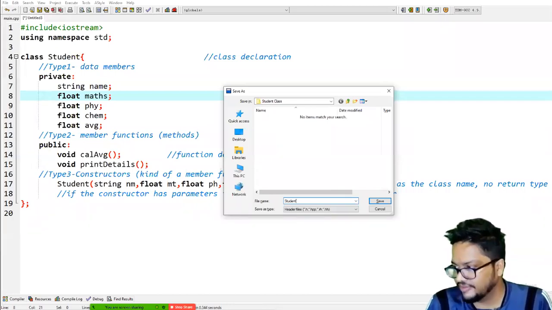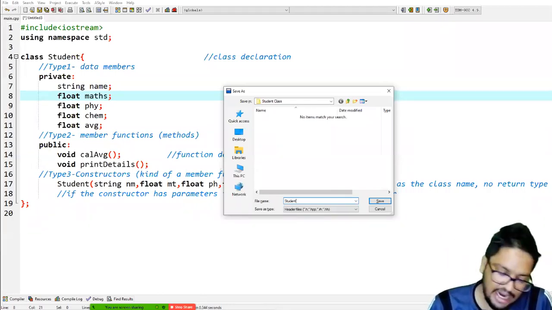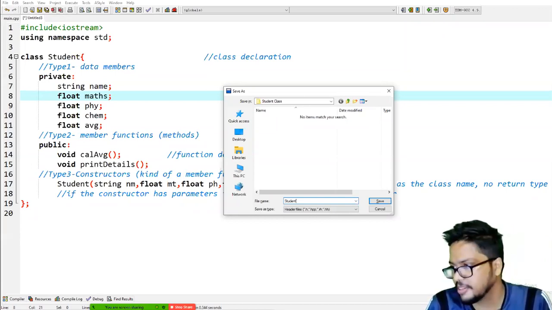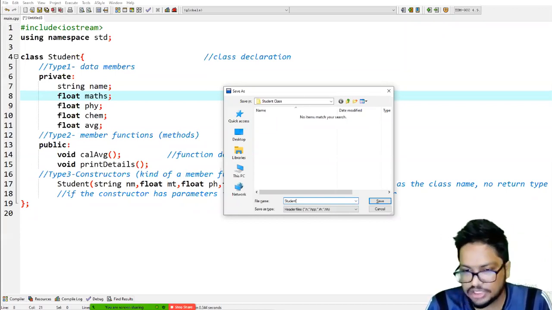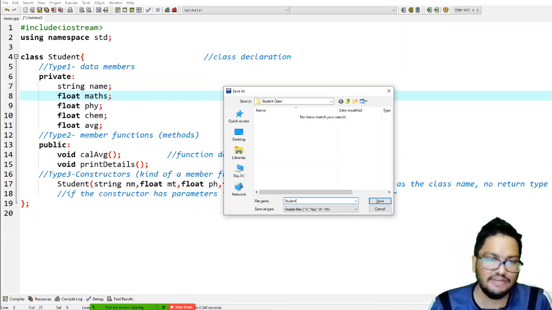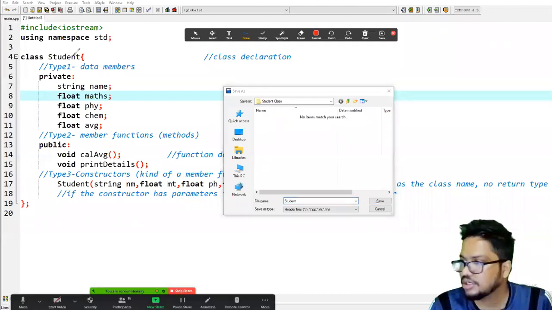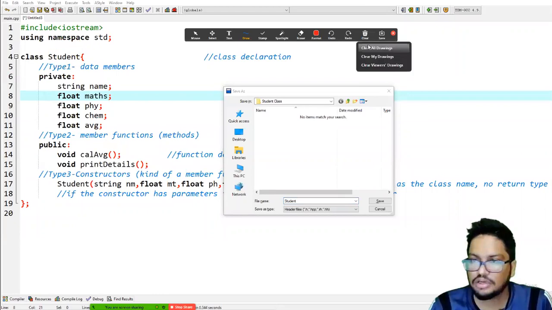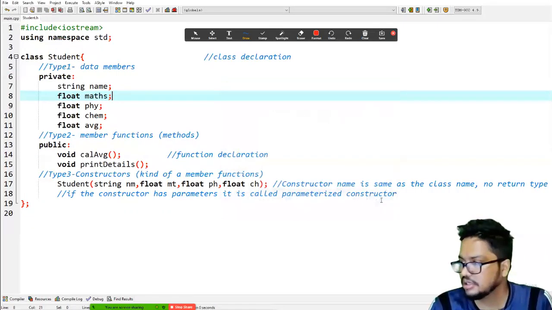And thereafter, give the file name the same as the class name, student. Understood? Whatever your class name is here should be given as the file name here. Then hit save.